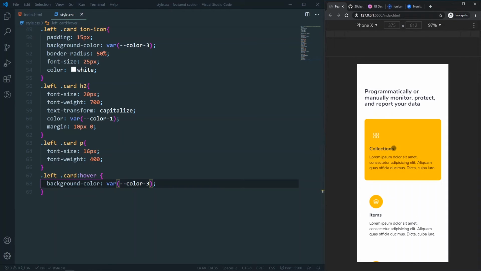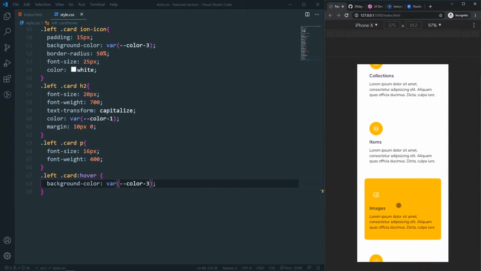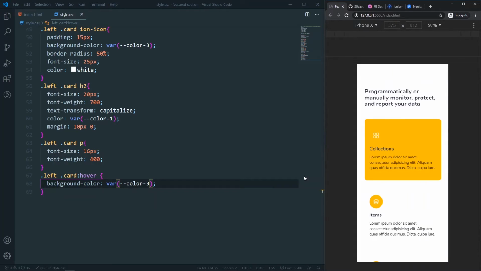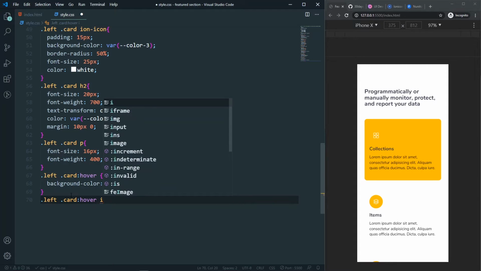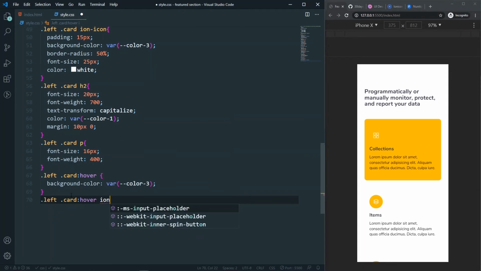So now whenever I hover, I will see the background color is changing. I also want to change the background color of each of our icons. For that, I can say .left .card: if I hover the card, I want to change its icon background color. For the icon we have this special tag, so I can